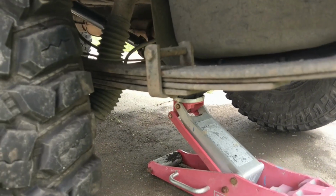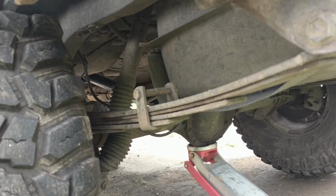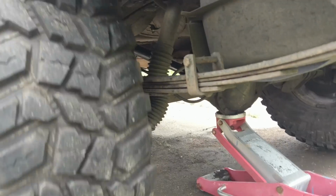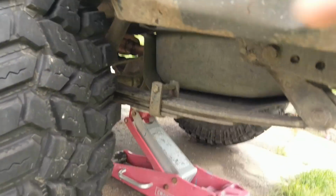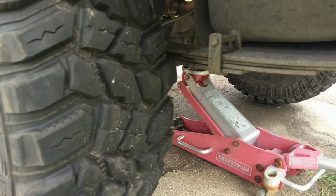And then it gets tight. And then it doesn't want to move at all. I'm pretty sure the transfer case and transmission should be in neutral. What the heck? Oh, that's so not cool. Oh boy, more issues. Okay, so if I actually try to force it to push past when it starts to get tight,